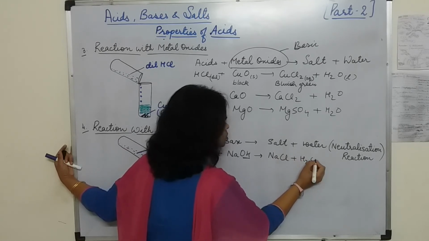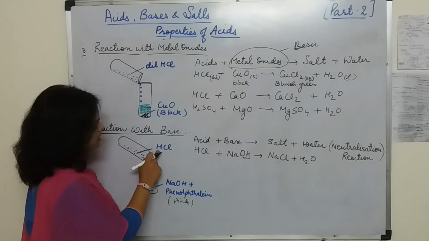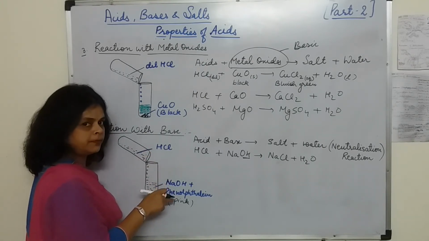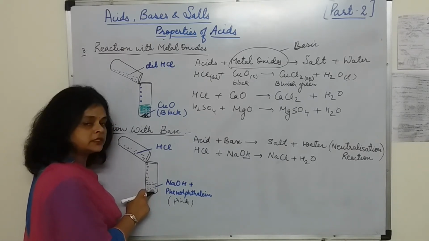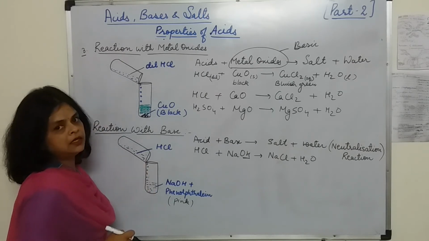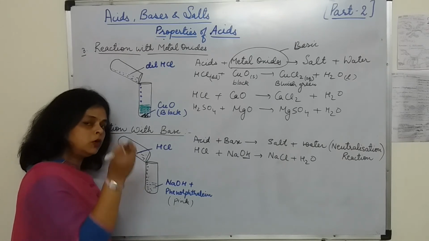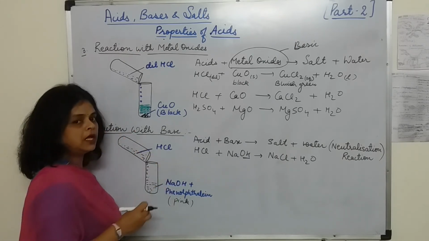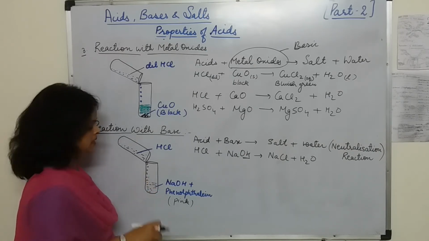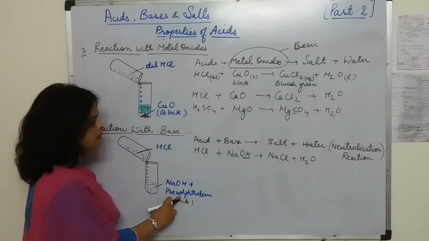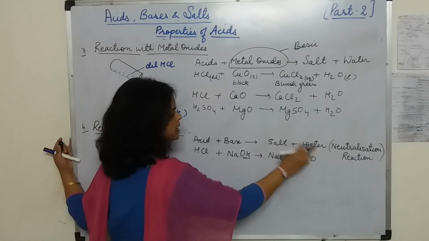along with H2O. Now after this neutralization point, if you add a single drop of this HCl, what will happen? The color will become completely colorless, because now there is excess of acid, and acids are colorless in phenolphthalein. Okay, now in that colorless solution, if you add one more drop of this NaOH, what will happen? Again it changes to pink, because now it has become basic, and in the basic medium phenolphthalein gives the pink color. So here we can say that acids combine with base to form salt and water.